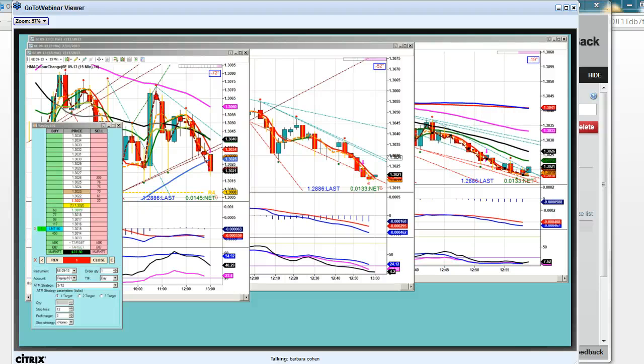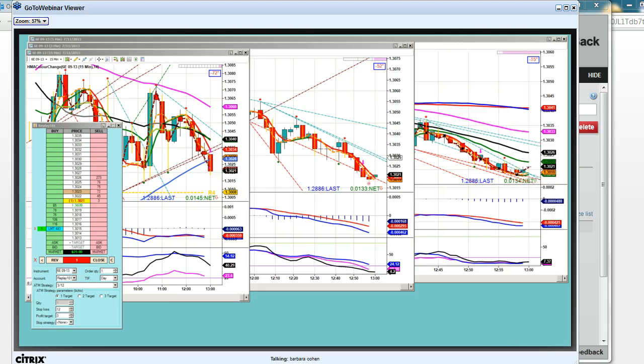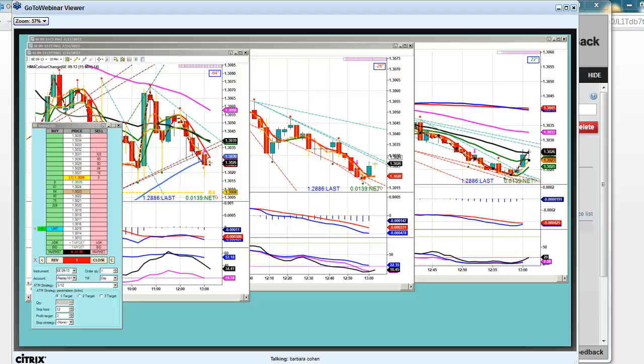How many in the room have done one of these trades where you entered too far from the 13? Who has done this? Look, I've just got hundreds of yeses. Some of them saying dozens. Some of them say 1,000 times. So let me tell you right now, you're going to make this mistake. I don't care how many times I tell you, it doesn't matter. You're going to make this mistake because it's human nature. You can't see things perfectly every time.